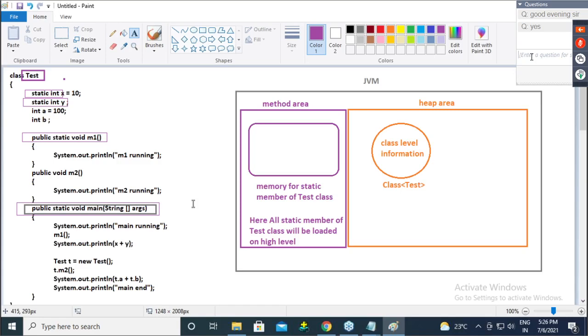Guys, have you ever shifted your house from one city to another city, one place to another place? I guess almost each and every one. There are only a few lucky members who from childhood have only one home. So that's the reason I mentioned that. Many times we will switch our home.